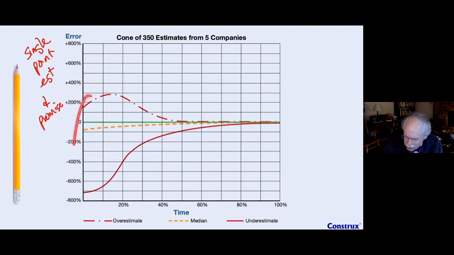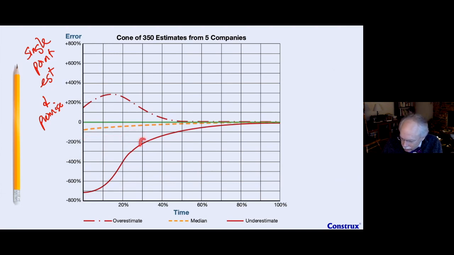In fact, in this zone right here, this first part of the project, if I wanted to really make a promise number, it would be massively large. And so large that everyone would say, we're not doing a project for that much. And I would say, yes, that would be a stupid price to do the project, because making a promise out here, when we really don't know because of our inherent uncertainty, is completely crazy.